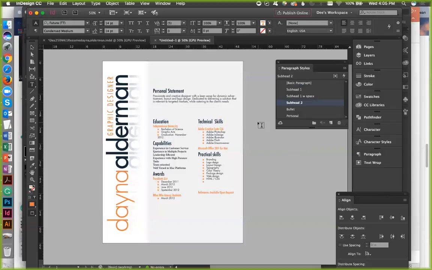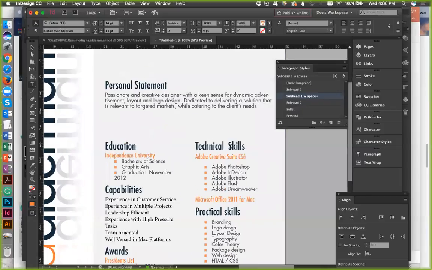I don't want that space. Yep. Why doesn't that line up? It should. Ah, that's why. It's with space. I don't know why that's not working. Here we go again. This darn thing, subhead 2. Huh. That is really weird. I don't understand. Subhead 1 with space. It should be a subhead 2. Oh, there we go.